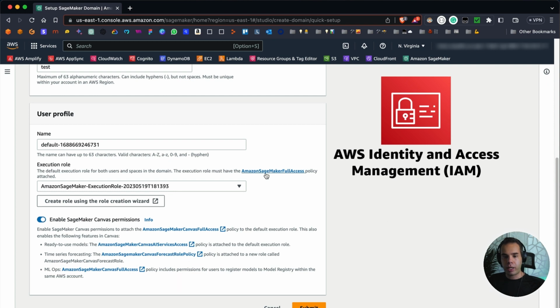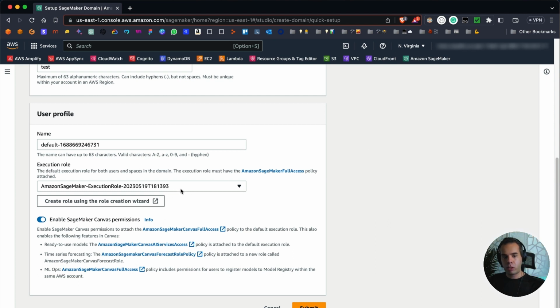It does have a note here about Amazon SageMaker full access. The execution role of your SageMaker domain needs to have the Amazon SageMaker full access policy attached to be able to access all these different permissions that SageMaker might need. I have already created this role, but if you haven't already created a role,